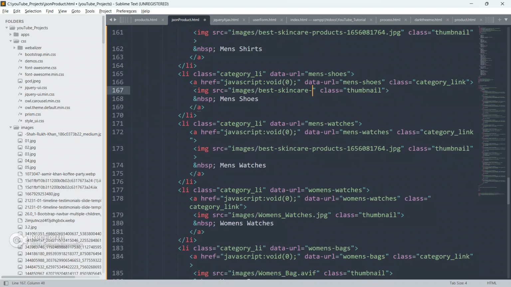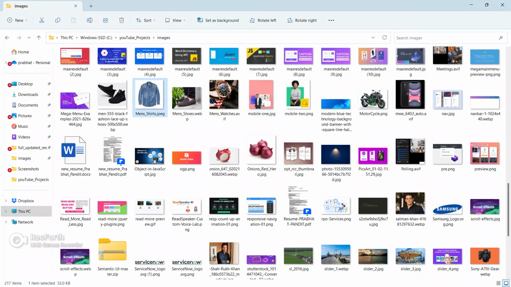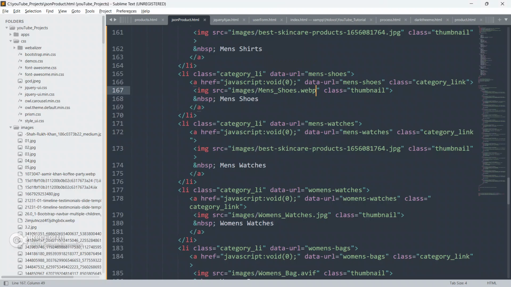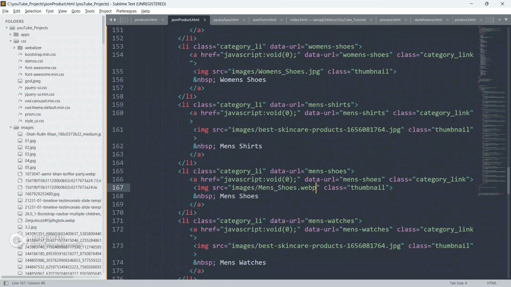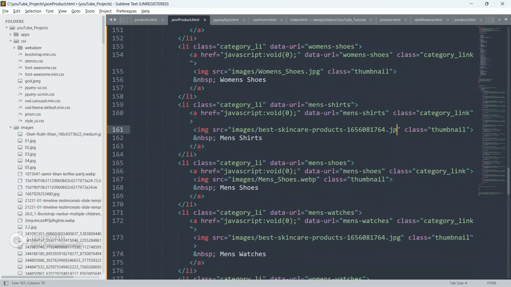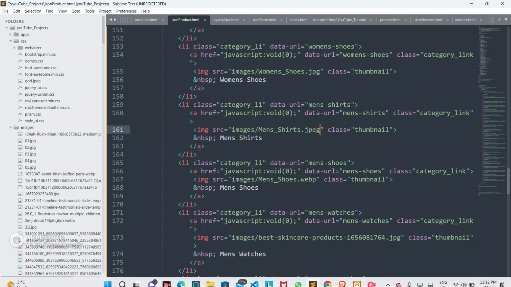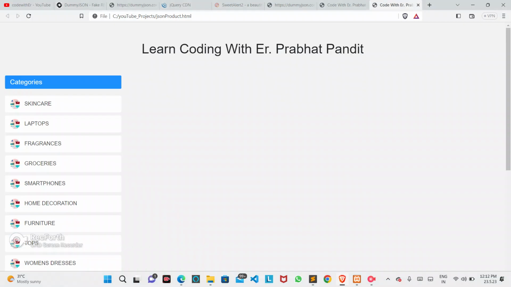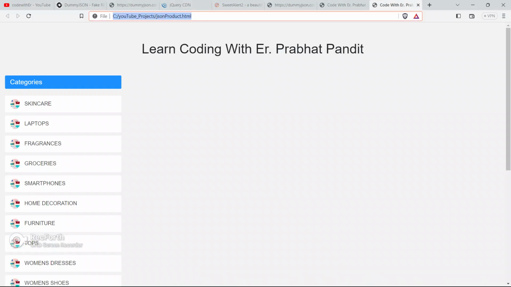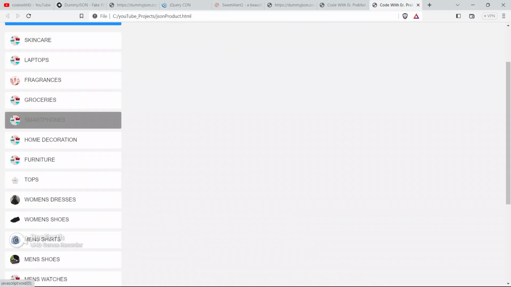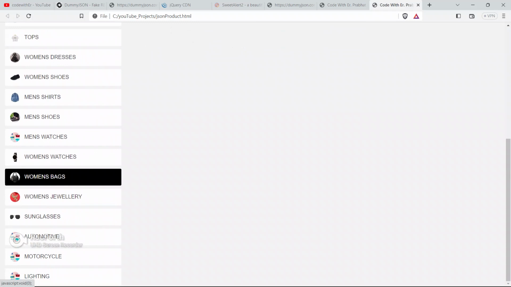This is the men's shoes, guys. Just replace the image name. Men's shirt, yeah, this is the men's shirt, guys. Replace this men's shirt. Save your code, go to the browser and refresh your page.